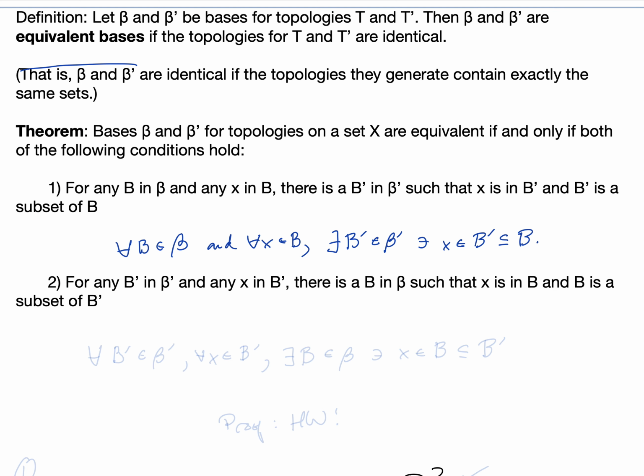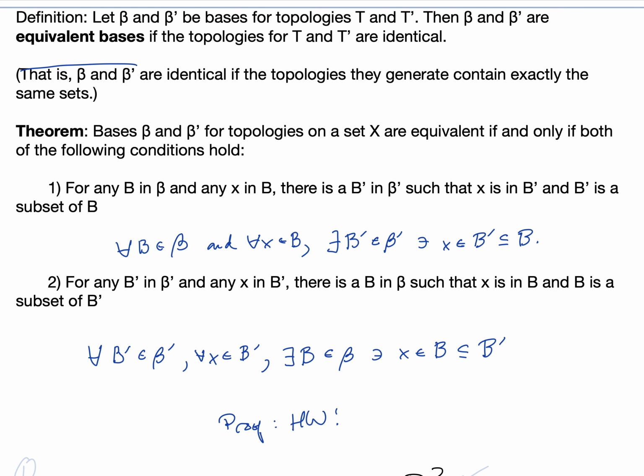Secondly, the exact same condition, just with the roles reversed for B and B prime. So for any B prime in the basis beta prime, and for any X in this basis element, there is some basis element B in beta, the first basis, such that X is in B and B is a subset of B prime. The proof of this is going to be a homework problem,